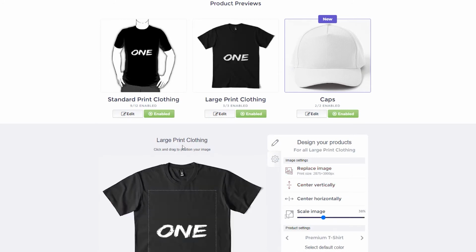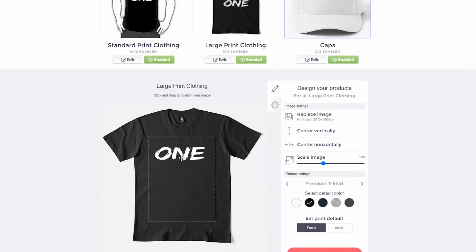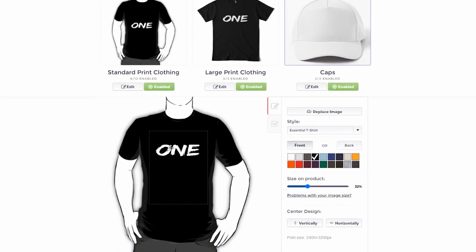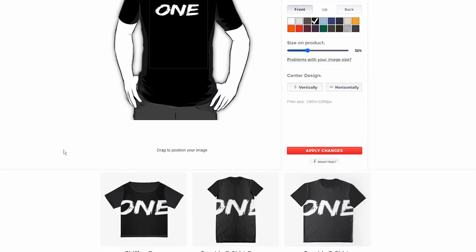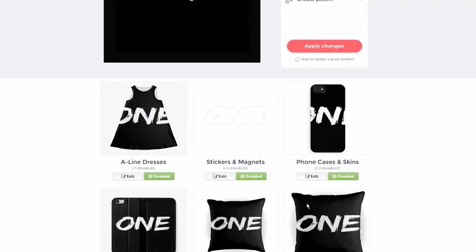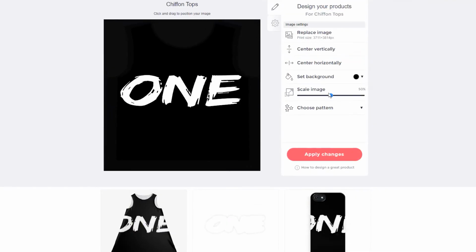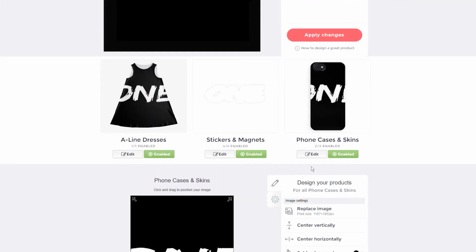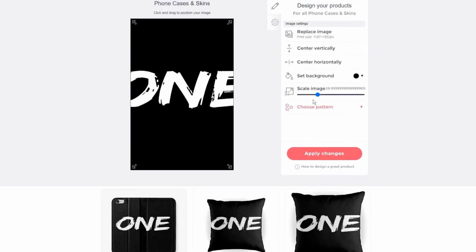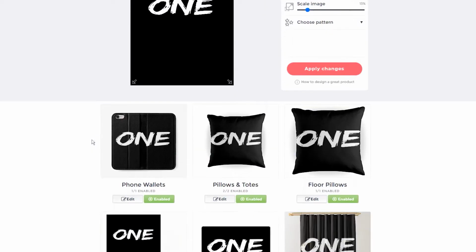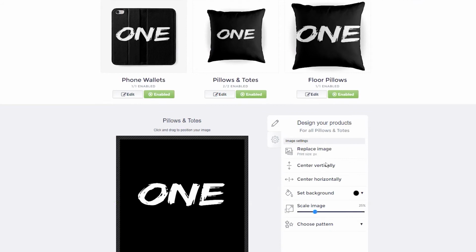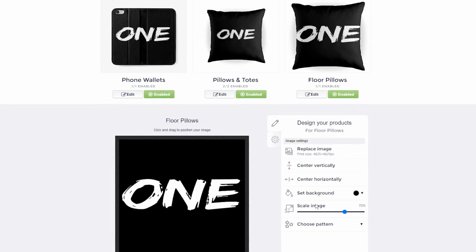Another important thing you should do is to create a design with optimized dimensions for Redbubble and then always use the same dimension for another design. This simple trick means that the next time you upload a design, it will be positioned about right. This can definitely save you lots of time, believe me. So take your time, enable and position your design to all the products.